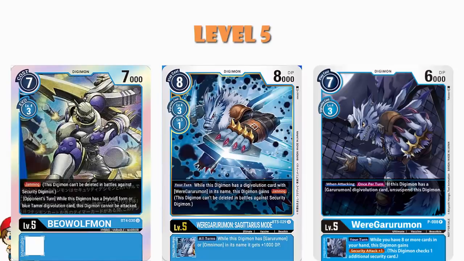I should say all the translated proxies here do come from the lovely folks at digimoncard.dev. They are awesome. So moving over into level 6s here, then you probably shouldn't be surprised given how much I've